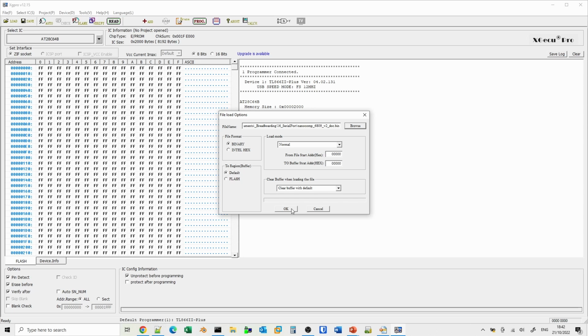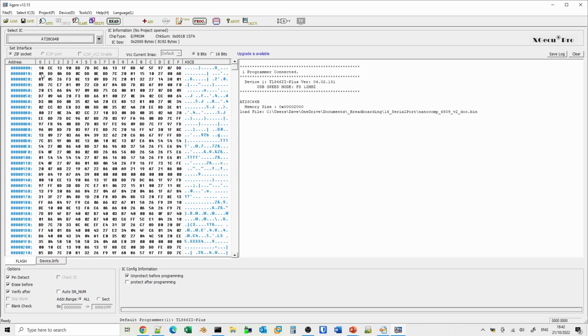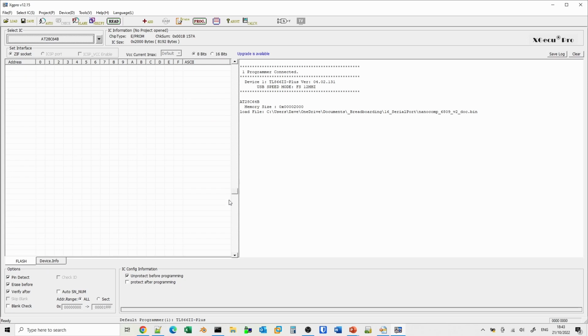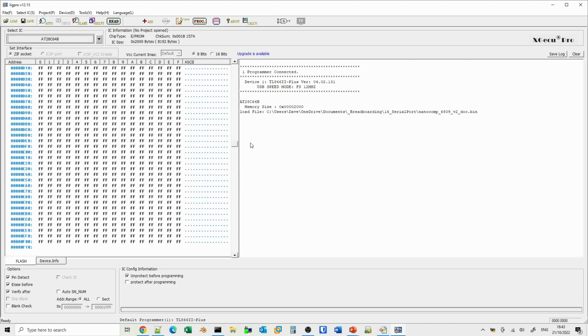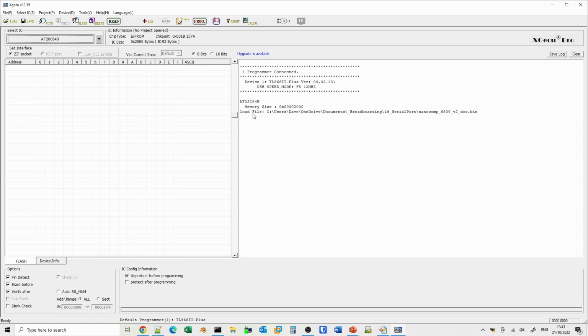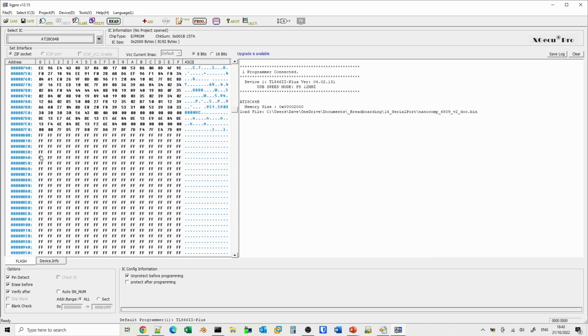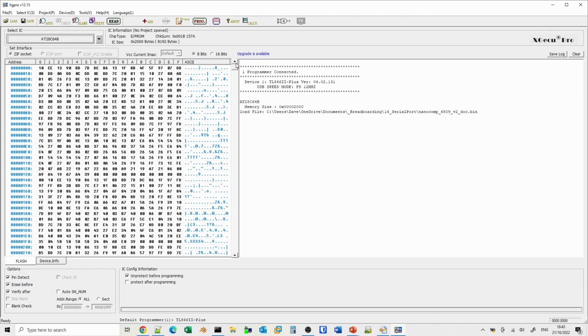In later versions, we might choose to put some offsets in here to put it at the top of the ROM, but for the moment, we don't need to worry about that. I'll just check here, we've got 10 CE there, and at the end we should have our reset vector, which is 7D89. So at around 7FF, we should have, there we go. So at 7FF, we've got 7D89, and the rest of this will just be set to the default of FF, which is what the ROMs tend to be.